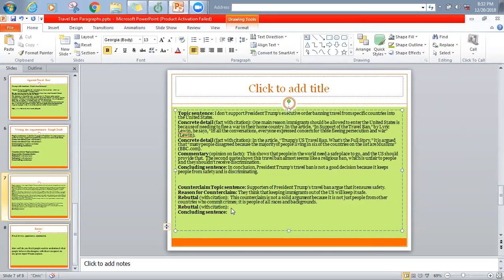Okay. All right. Now, what we really need here is a citation. So really, it would be ideal to have a piece of evidence from another source, just like above where we said, you know, in the article, and then we have the citation after in parentheses. But since I don't have that available for us right now, we're just going to go through and create it ourselves. But again, whenever you see something that says a citation, you want to find that evidence from another source. Okay, let's go ahead, and now we're going to do another rebuttal.